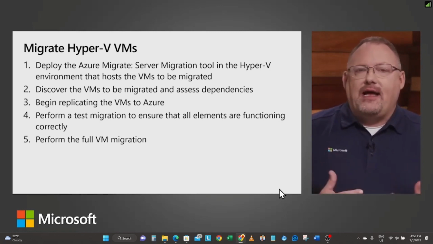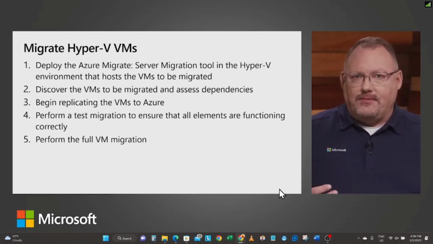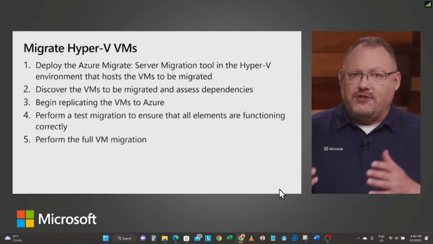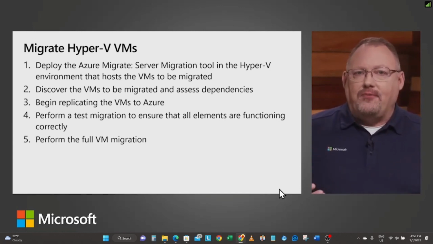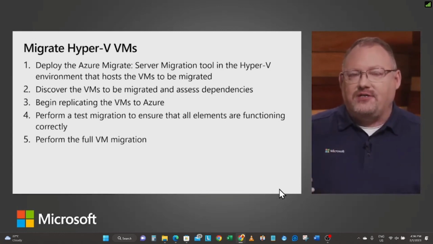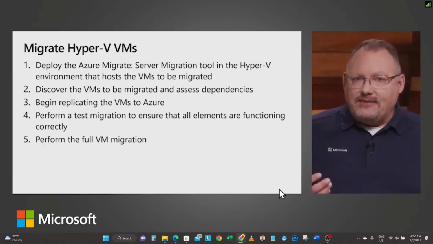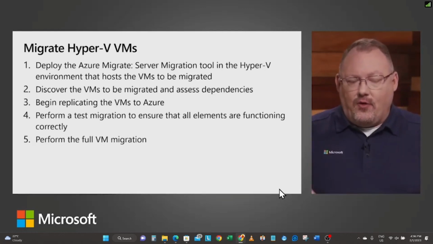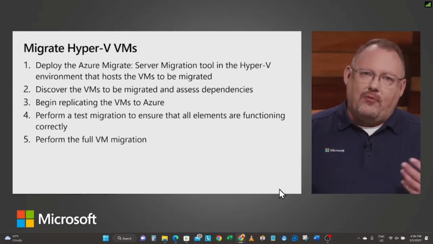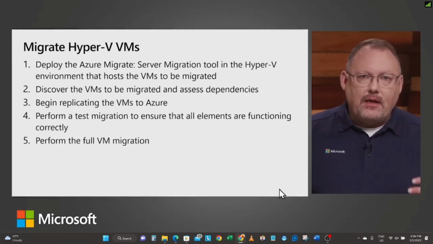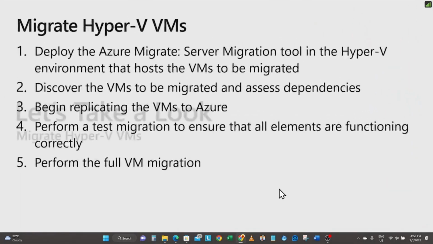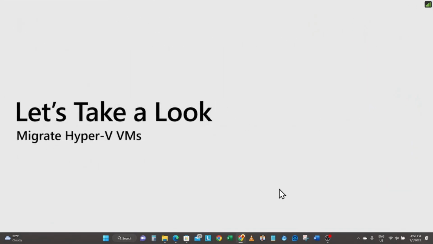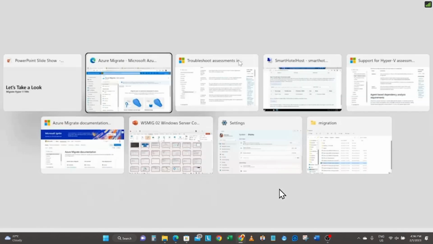The first thing we'll do with Azure Migrate, though, is replicate the VMs. So the very first part of this process, and I'll show you where that is, is to replicate that information. And then we can do a test migration if we want to make sure everything's functioning correctly. Once we do a test, and the test just gives you a report, then we can push the button and do that full VM migration into Azure. The great thing about this is a lot of the work's already been done in the assessment. And now it's for us just to discover what's happening. Let's take a look at how I migrate VMs into Azure. So right back into our